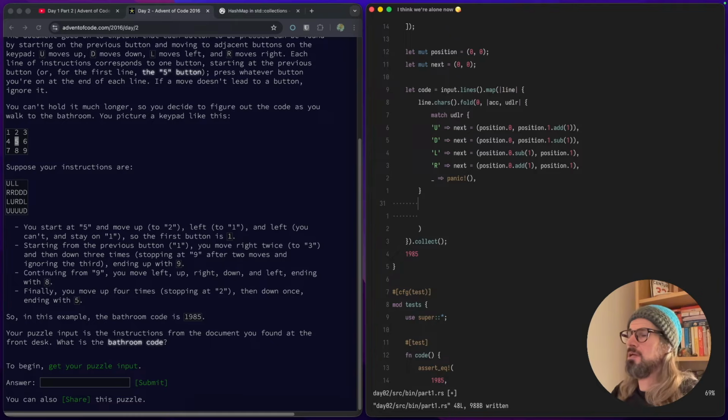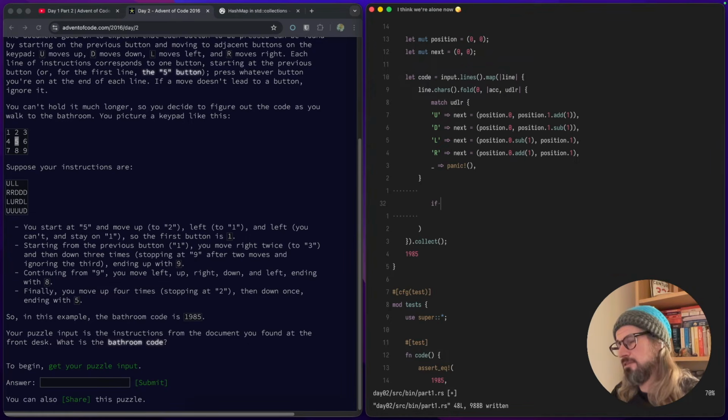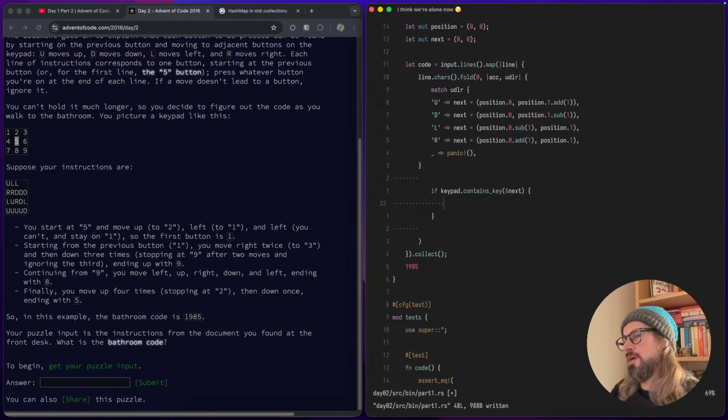And then here we will say, if keypad dot contains key next, then position equals next, because we found